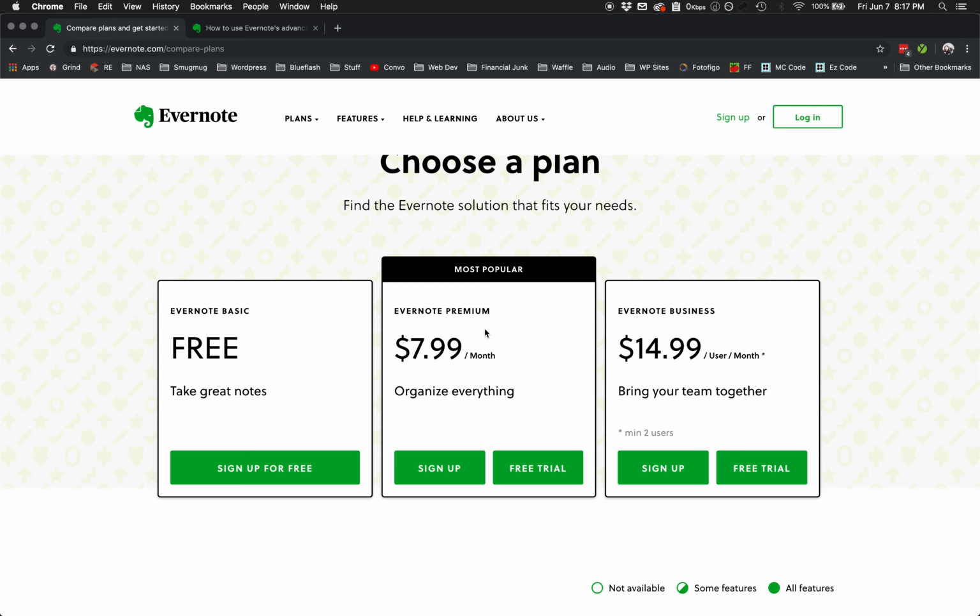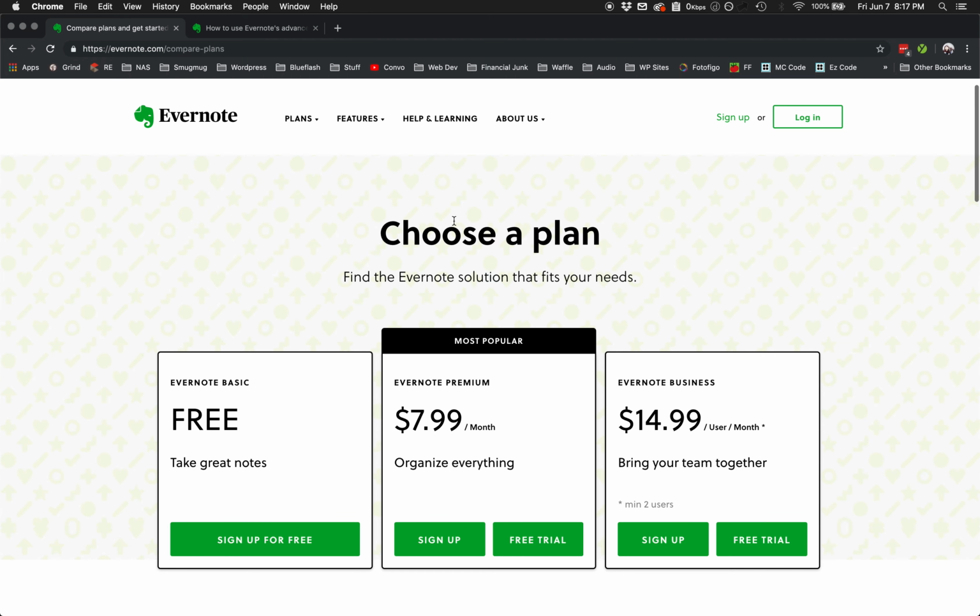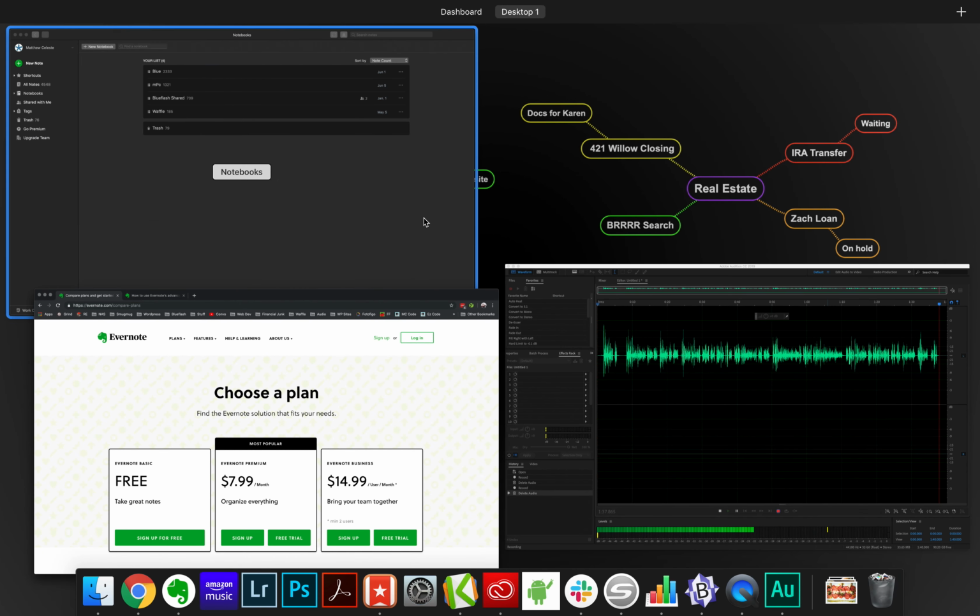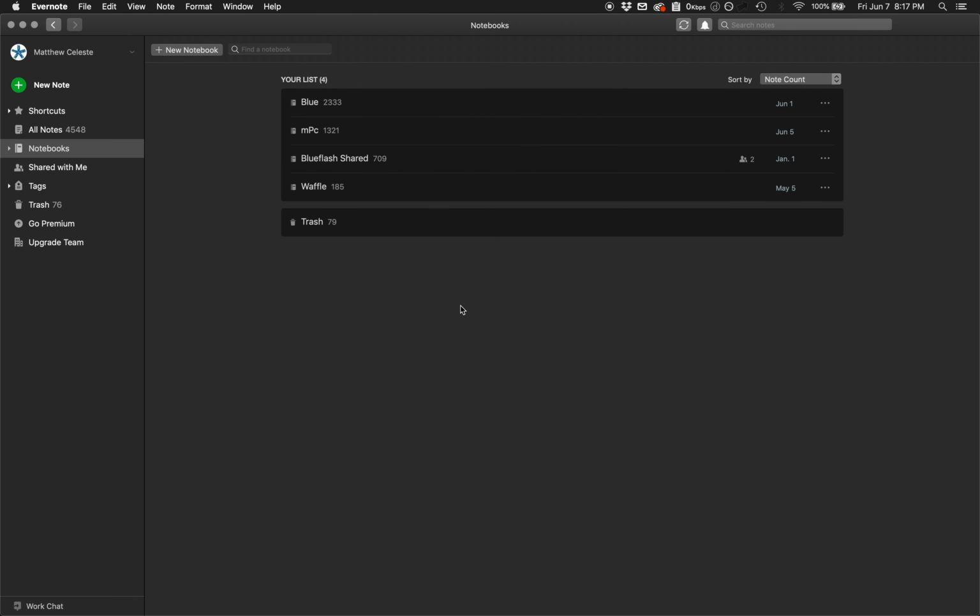I believe the premium plan is about 1 gig per month. The main difference besides the size is going to be the fact that in the premium and the business plans, when you upload PDFs and Word documents, that text within those documents becomes searchable, which is really handy. If you can do without that, then the free plan is really great. So I just want to clear that up front, and we're just going to jump right in,